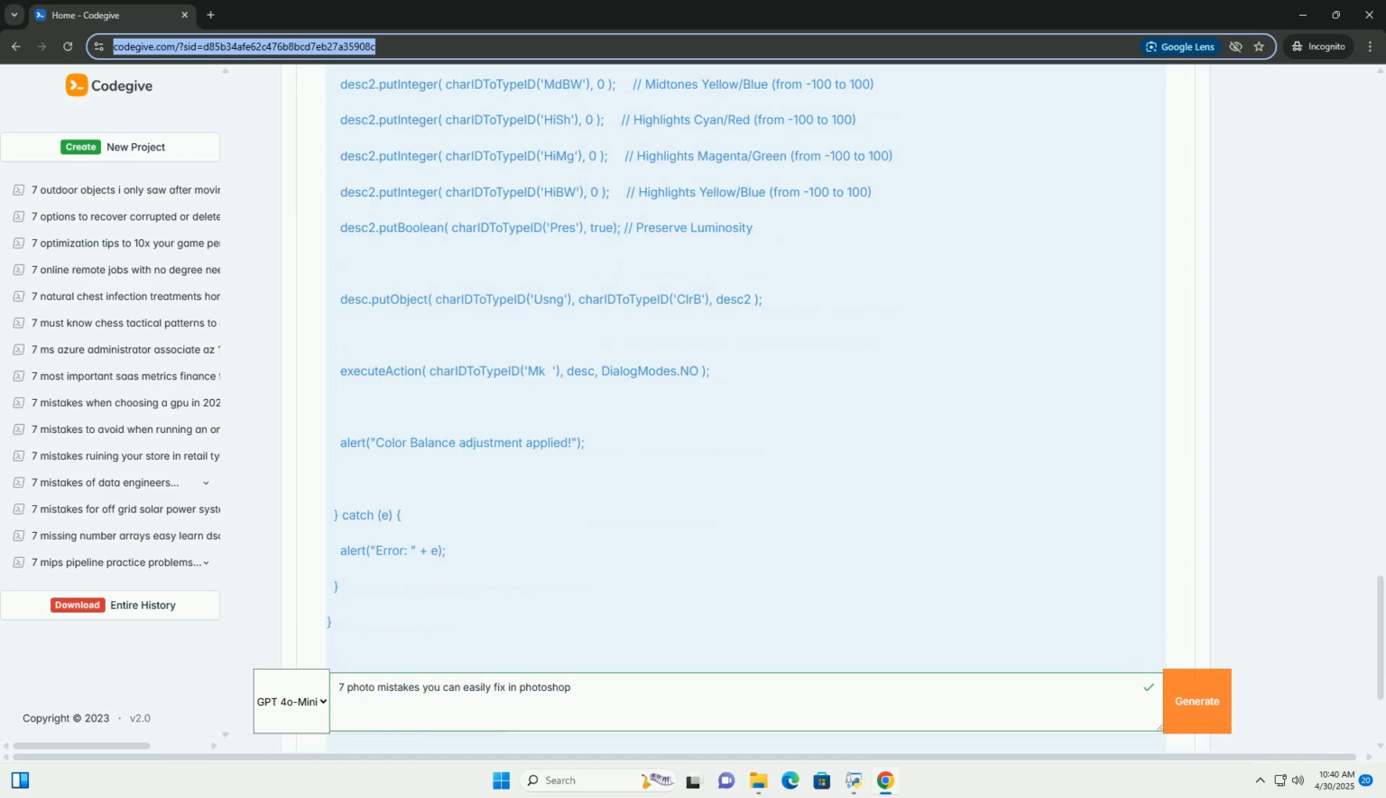5. Lack of sharpness, unsharp mask. The problem: photos, especially those resized or scanned, can appear soft and lack detail. The solution: the unsharp mask filter enhances edges and makes the image appear sharper. Explanation: